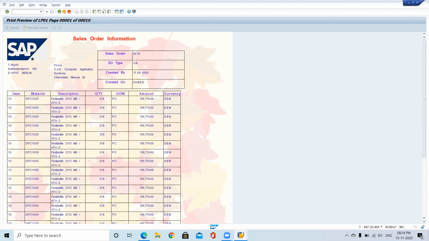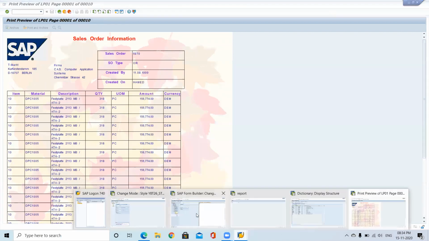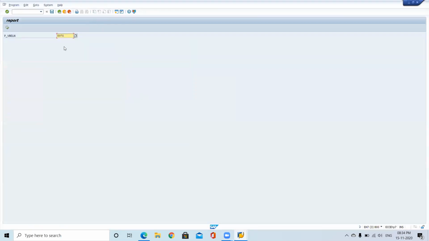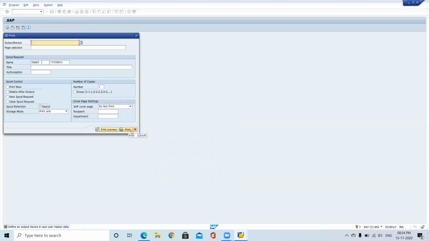So which option we have selected? Instead of print preview, we have selected the print option. If you select a print option, directly it will print. It will go to the printer and immediately it will print, and you can refer to that. Is the alignment, everything, correct or not? Or if you want to show someone else, you can ask them to verify the alignment or any other properties. So if we give print, it directly goes to the printer. If we click on print preview, we are just seeing if our output or alignment is correct or not. That is a print preview.